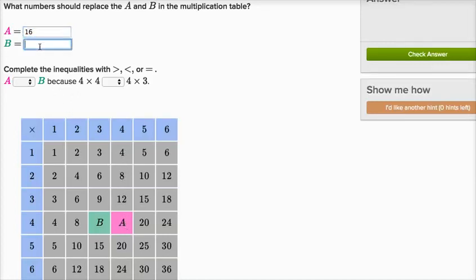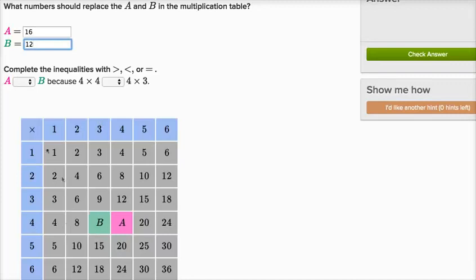Now let's figure out what b is. B is in this column, so we can count by 3's. 3, 6, 9, add 3 to that, you get to 12. So b could be 12. Or you could go from the row. You could go 4, 8, add 4 to that, you get 12. And that makes sense because this, where b is, should be whatever 4 times 3 is, because 4 times